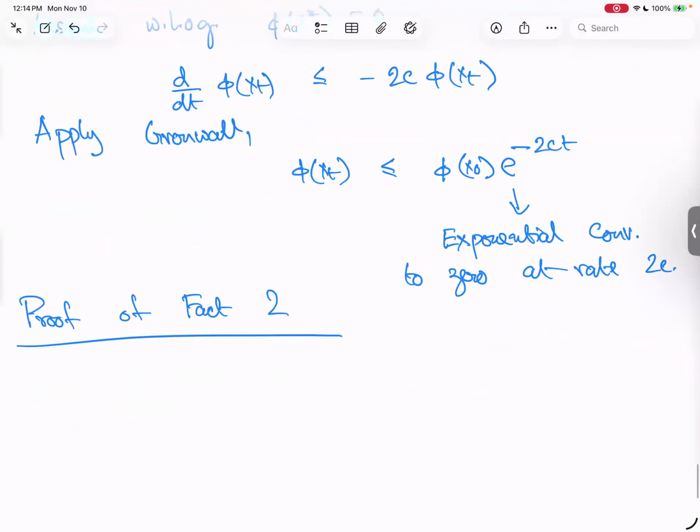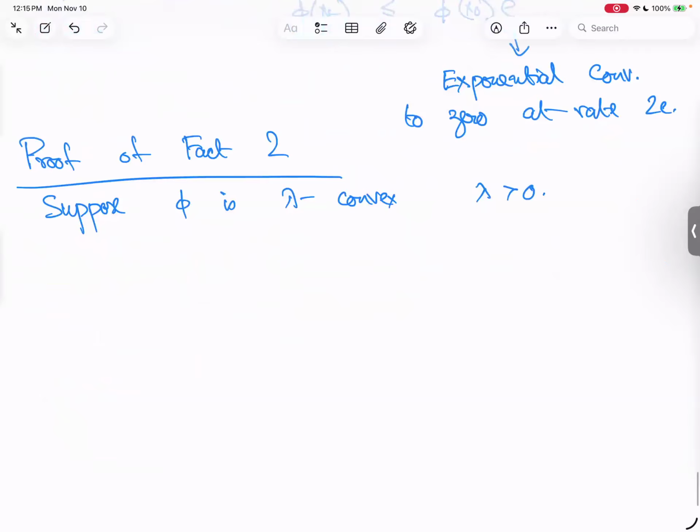Suppose phi is lambda convex, with lambda strictly positive. What does that mean if I have lambda convexity? It would mean that, let's draw the tangent at the point x star. So at the point x star, by lambda convexity,